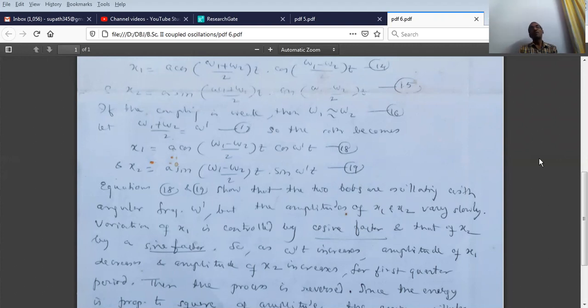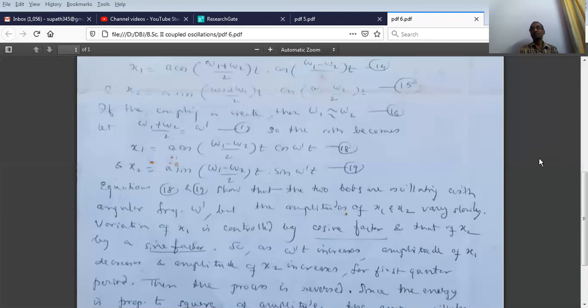You have to take care of each and every equation. Not only that, whenever you are writing the mathematical part like this equation, then you have to drop at least 1 or 2 lines. Then before the exam, or when you are going to study this coupled oscillation, you can get easily understanding of these equations.